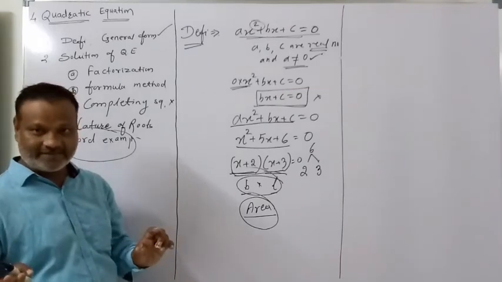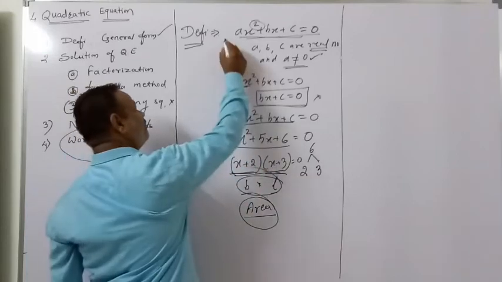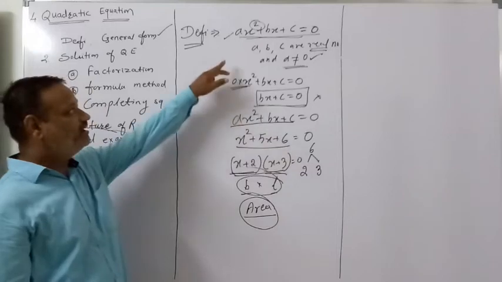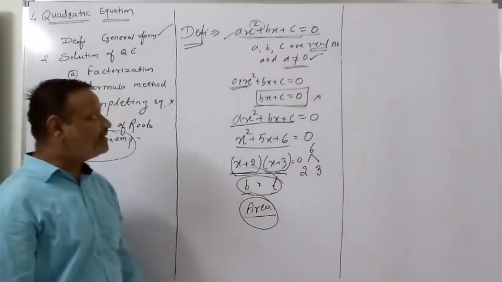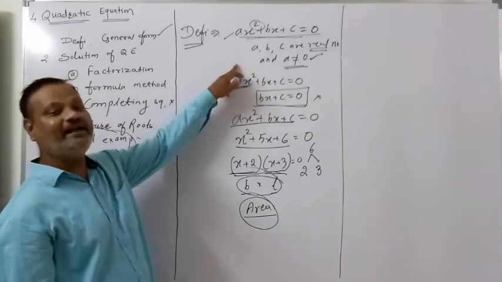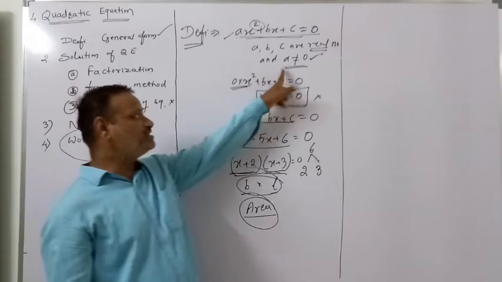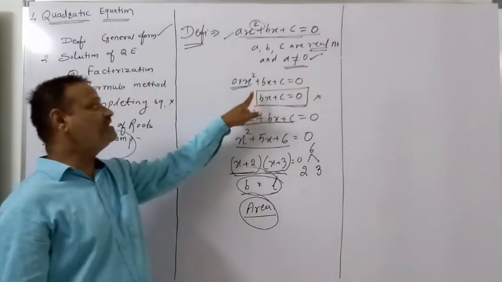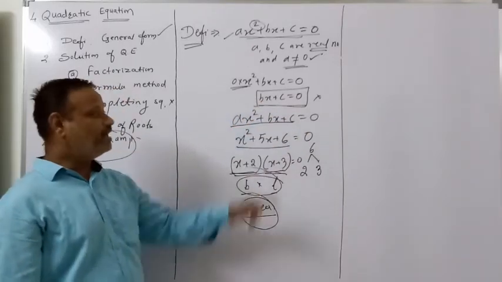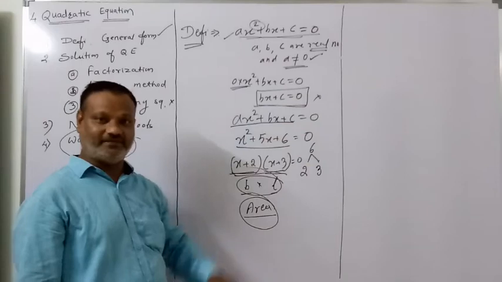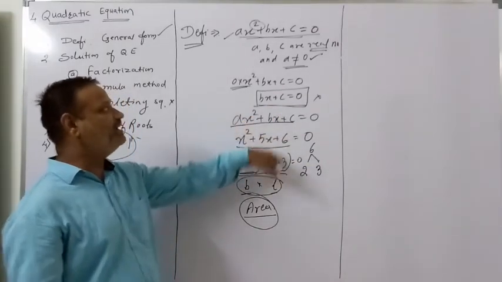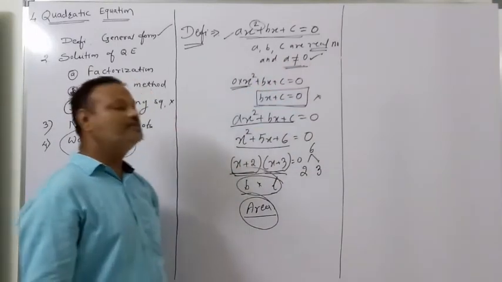यहाँ तक समझ में आ गया? Means the equation is of the form ax square plus bx plus c is equal to 0, where a, b and c are real numbers and a is not equal to 0. Therefore this is called a quadratic equation. Got it? a is equal to 0 क्यों? क्योंकि मैंने यदि a is equal to 0 कंसीडर किया तो आपको क्या मिला? bx plus c is equal to 0. It means that this is not a quadratic equation. Okay? This is your linear equation. तो quadratic होने के लिए कंडीशन दिया है कि a is not equal to 0.